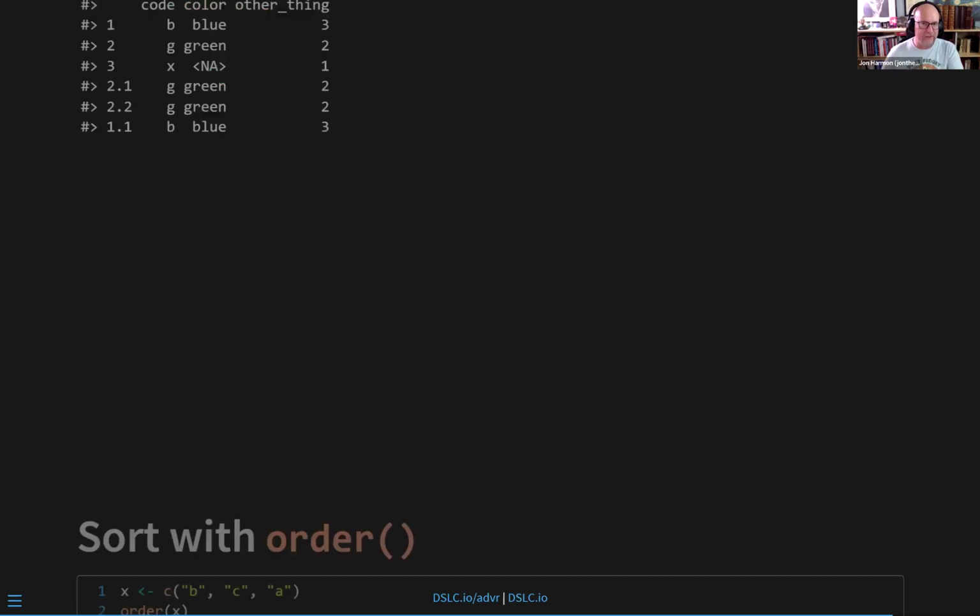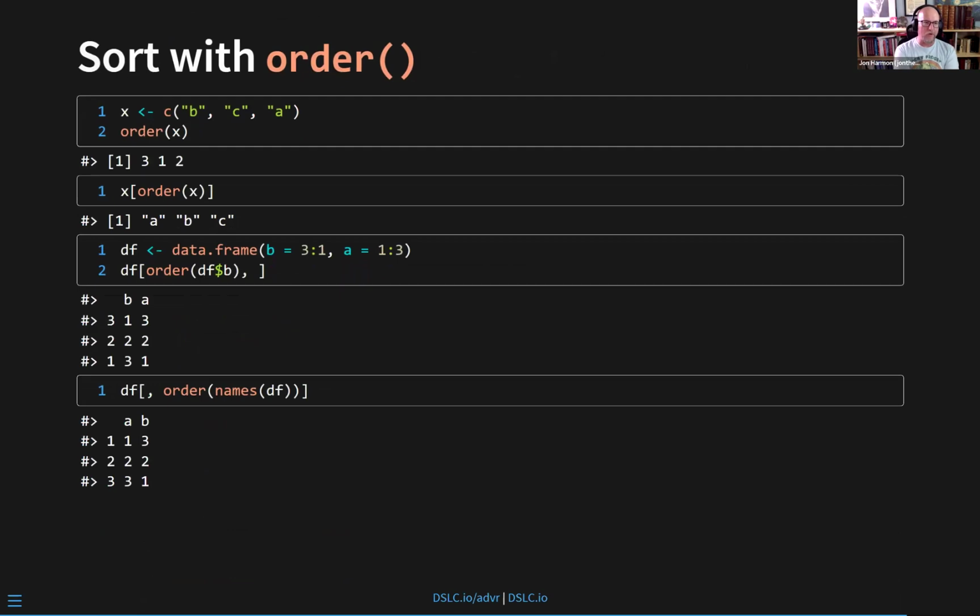All right, some more applications. He talked about order a bit, that you can sort things with order. So a more straightforward example of using order is, if you have a vector that's out of order and you say order X, it'll tell you what the order is supposed to be for X, or how those would sort. And then you can use that to subset and